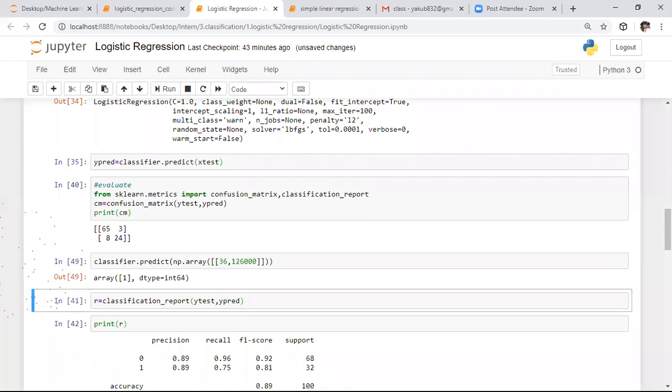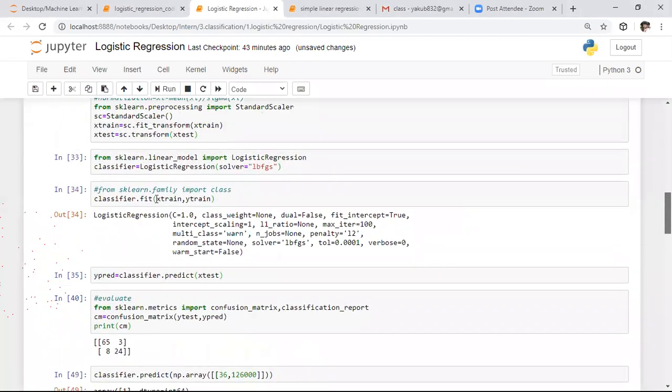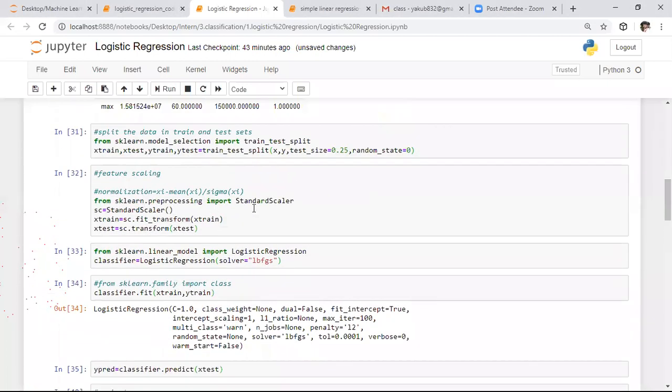Only transform separately here, so fit transform for X. What is the difference between these? Yes, good question. In the feature scaling step, for the training set, we converted the entire training set features into normalized values. We converted all the values of the training set into normalized values, whereas for the test set, we did not convert those values.